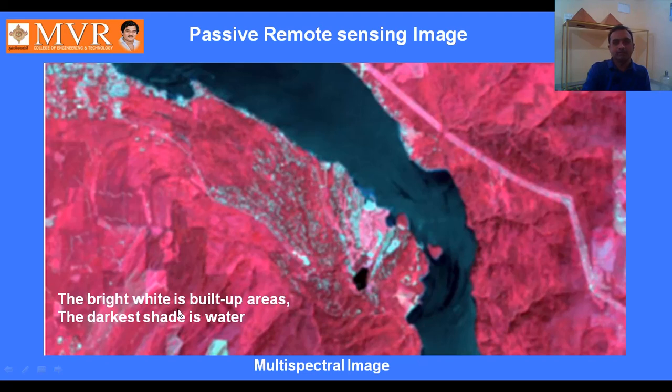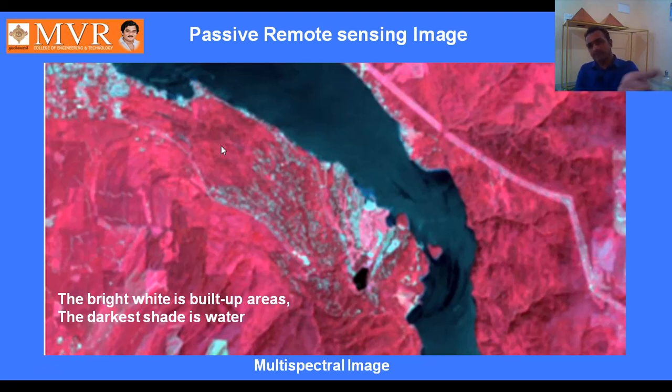Bright white is building. See, these are all some white that appear on the image. This white shows the building. Then the darkest shade is water. These are all water. This is the road, and this red indicates the